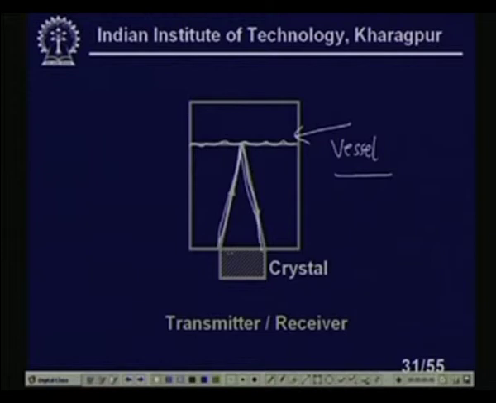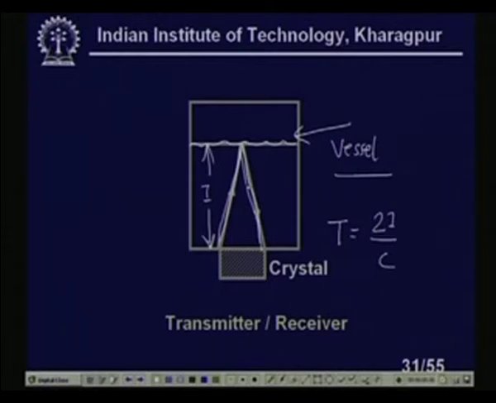and will be reflected. So, I will calculate the T, as I told you, T equal to 2l by C. So, if this is l, and C is the velocity of ultrasonic waves in this particular liquid, right. So, I will get direct measurements, because how? If I measure T, so obviously I will get the level. So, I will have T multiplied by C divided by 2,